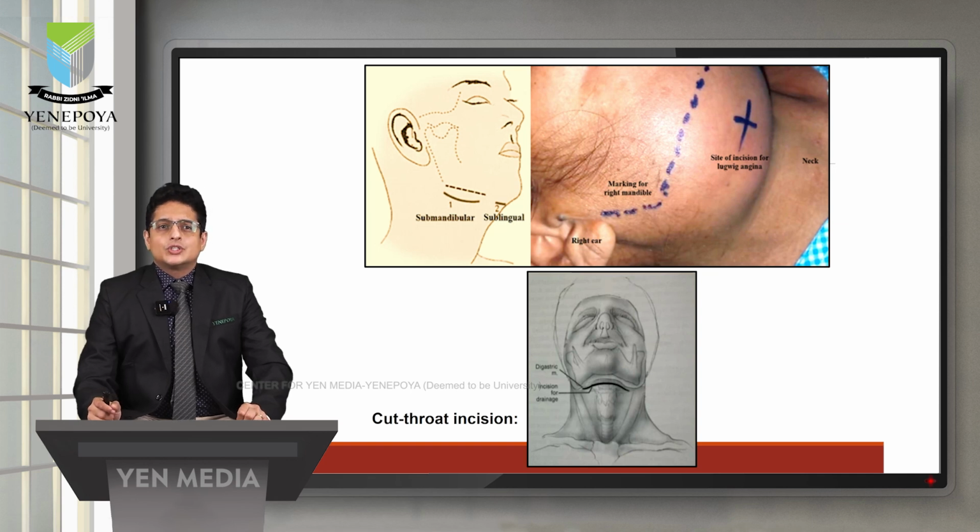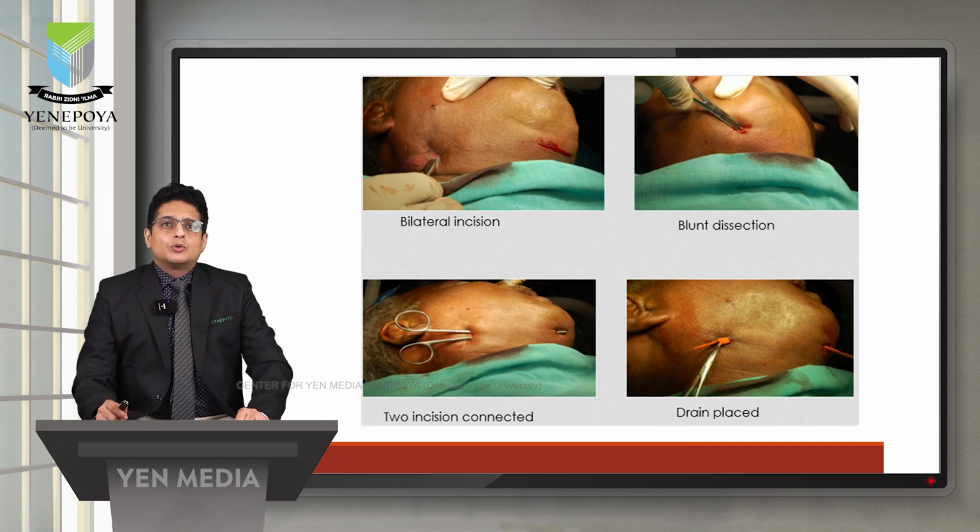The other, older incision is a cutthroat incision, which is placed from one corner of the angle of the mandible to the other across the neck. But since aesthetics is also one of the primary concerns, a submandibular incision bilaterally along with a submental or a sublingual incision in the midline is usually preferred. When these incisions are done as small incisions, they are dissected out by means of a sinus forceps, breaking all the locules, thereby connecting these incisions through and through. Care is taken not to spare any locules, making sure all the pus is drained and all the locules are broken and decompression is completed.